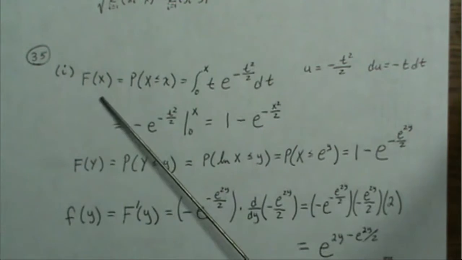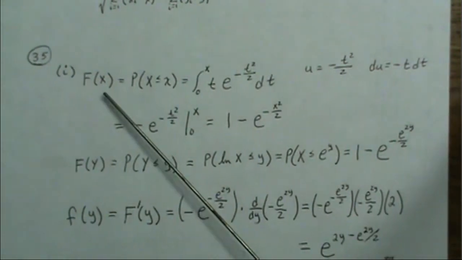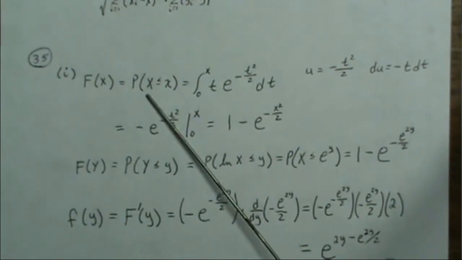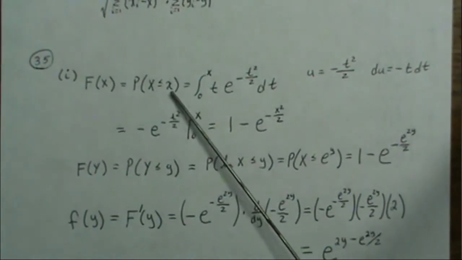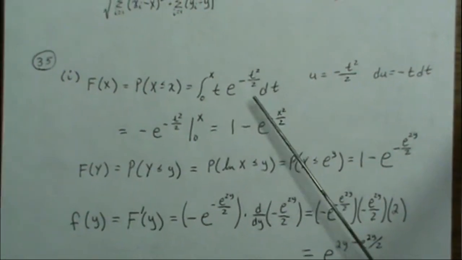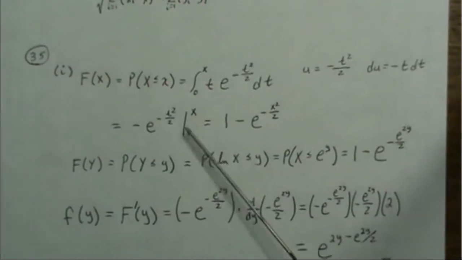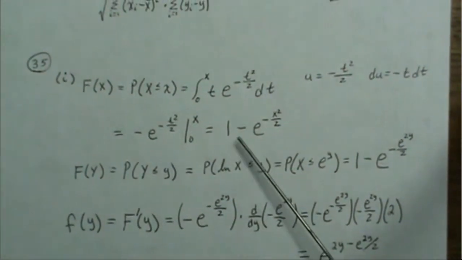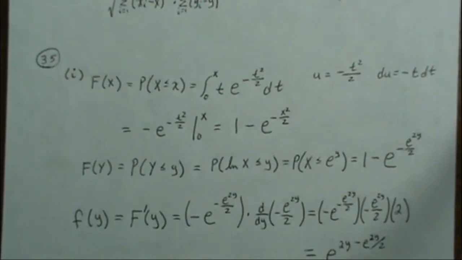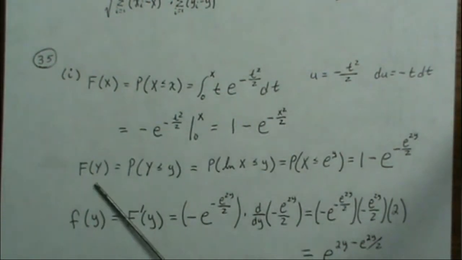Here the capital F of x is the probability that X is less than some value x, which is the cumulative distribution. And then I make a u substitution and solve, and then plug in the limits. We get 1 minus e to the negative x squared over 2. Okay, I do that because now let's find the